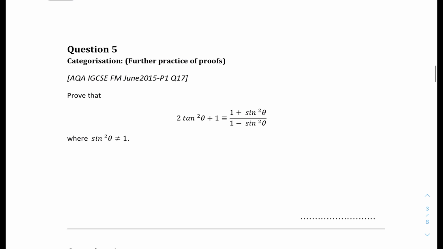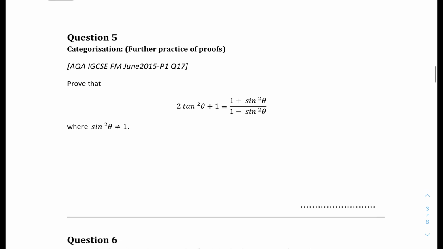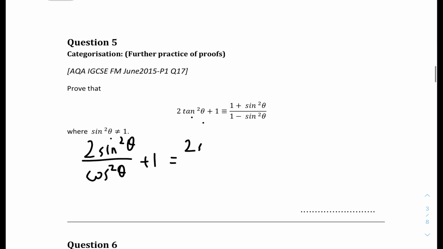And question 5. Prove that 2 tan squared theta plus 1 is the same as 1 plus sine squared theta over 1 minus sine squared theta. So we can first look at the left hand side. We can turn it into sine and cos in terms of them. So rewriting it, you will get 2 sine squared theta over cos squared theta plus 1. And you can basically combine the two together to get 2 sine squared theta plus cos squared theta over cos